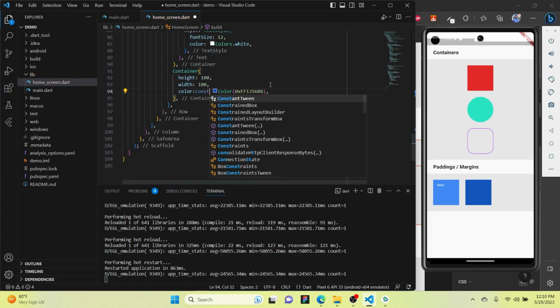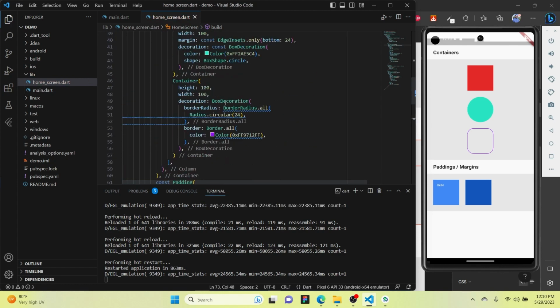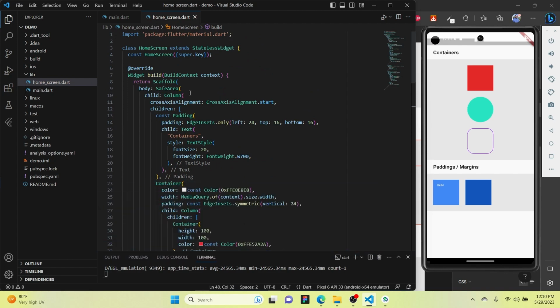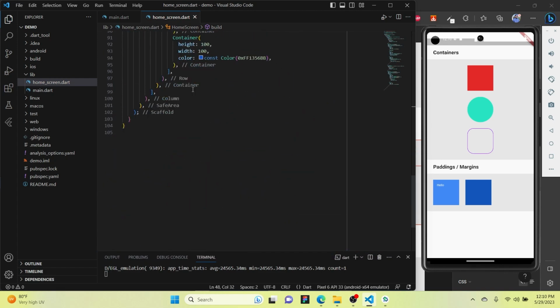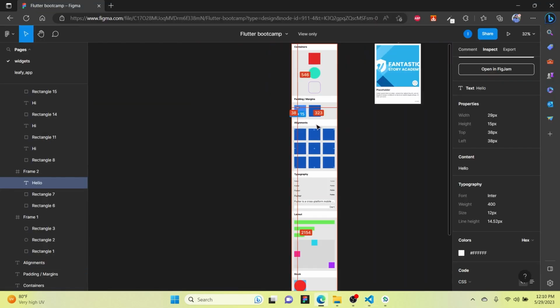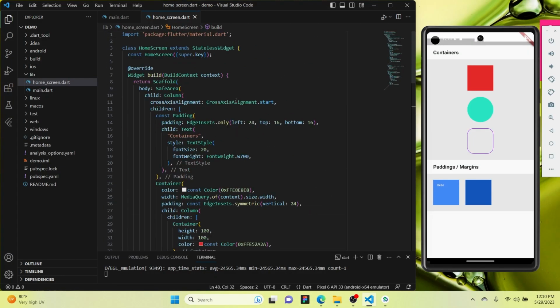Give it a const value, and it requires it here as well. And before we move on to creating the other widgets, as you can see here, it's very congested and it will be very difficult to read if we were to make all the widgets here. So instead of doing this, to make it more readable, we can